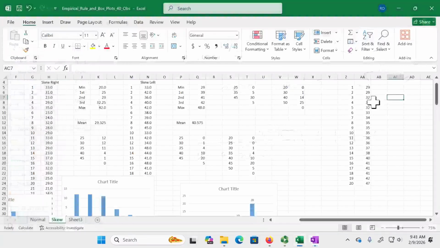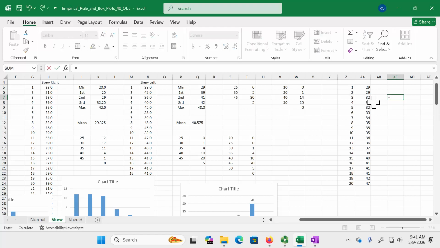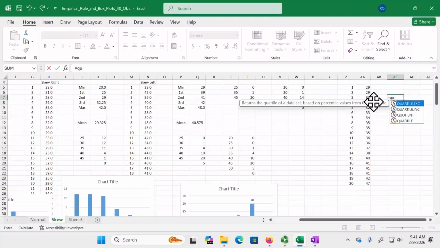Pick a spot over here on these 20 that I got and do equals, and start to type QU, and I get quartile.exc, quartile.inc, and a couple of other things. Quartile.exc and .inc will give me different answers